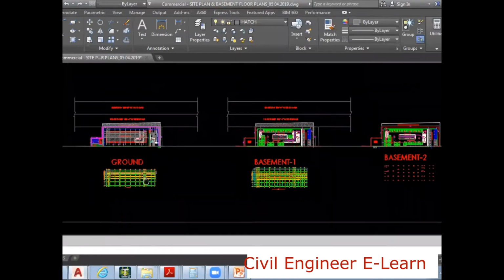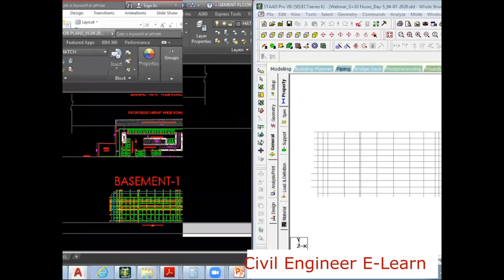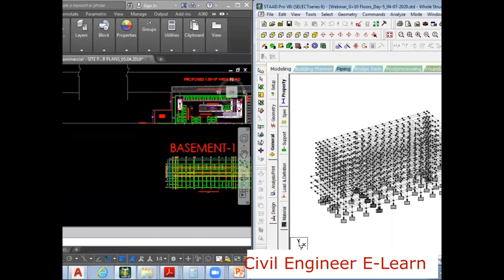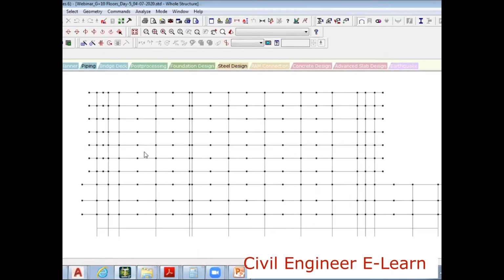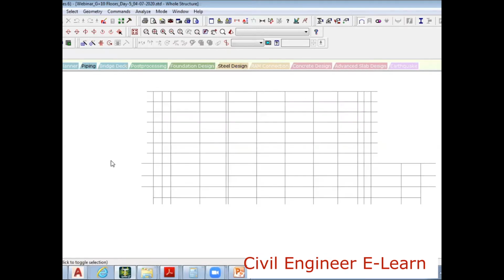Let me go to this star model. Let me keep this drawing also on the left side. So how is this looking? When I go through this, I realized, yes, projections. Yesterday someone said there is no projection somewhere at the ground level, right? So let me just check it here.